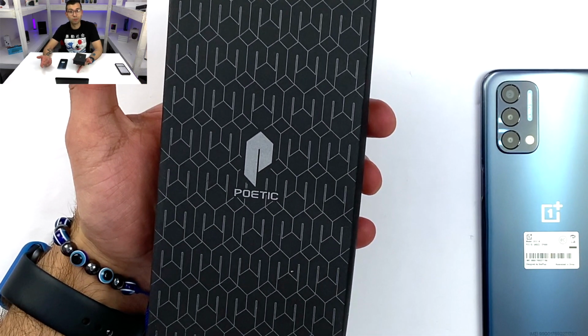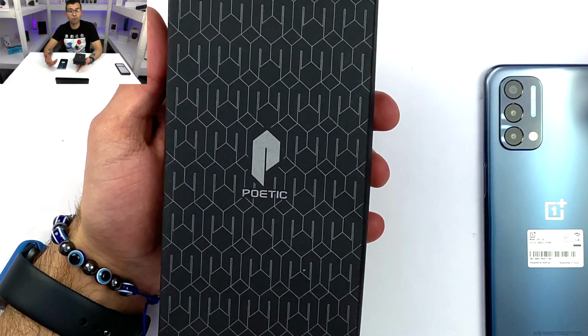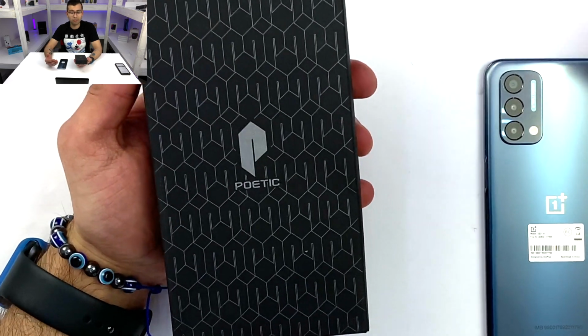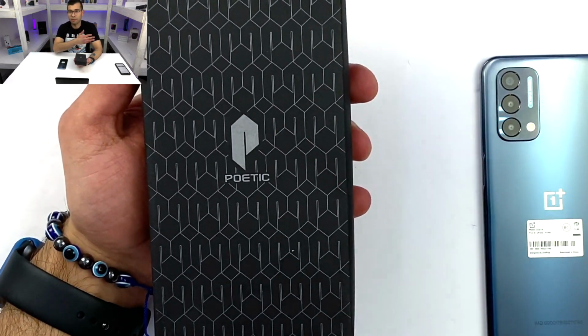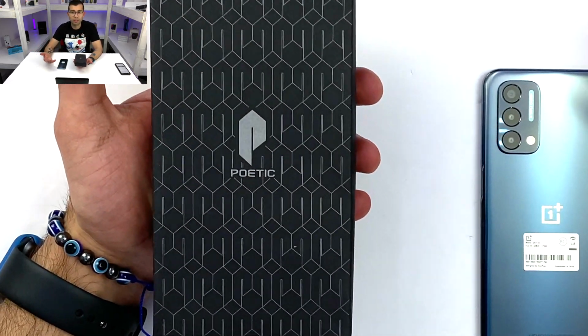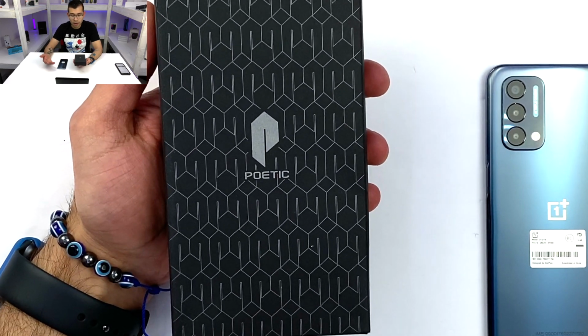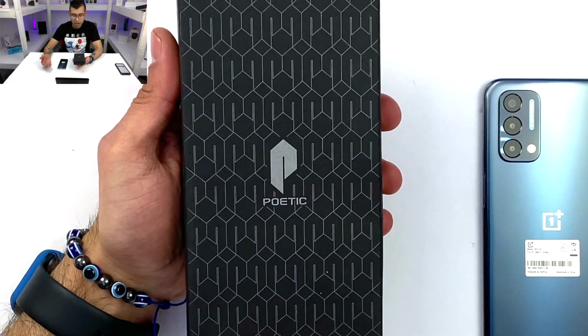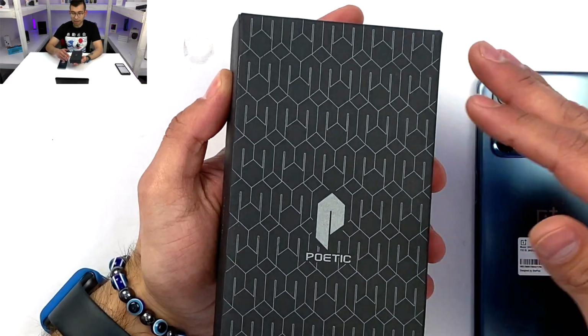I know sometimes we tend to allow the deciding factor for our phones to be the look on the outside, and 9 times out of 10 when you slap a case on it, you're not able to see the color or the look of your phone anyway, but that's not going to be the case here. But before we dive right in, the first thing you're going to notice is that this box right here